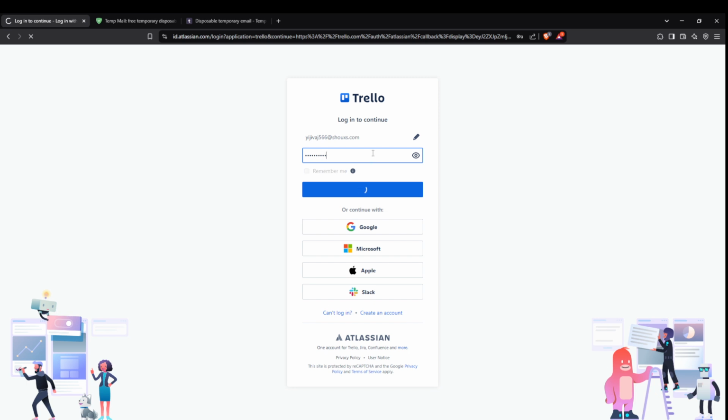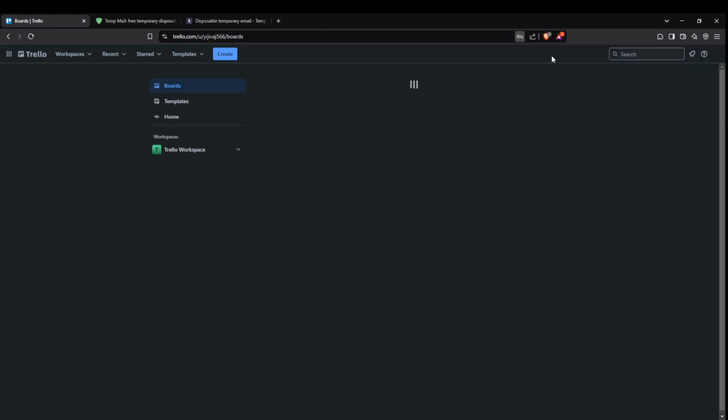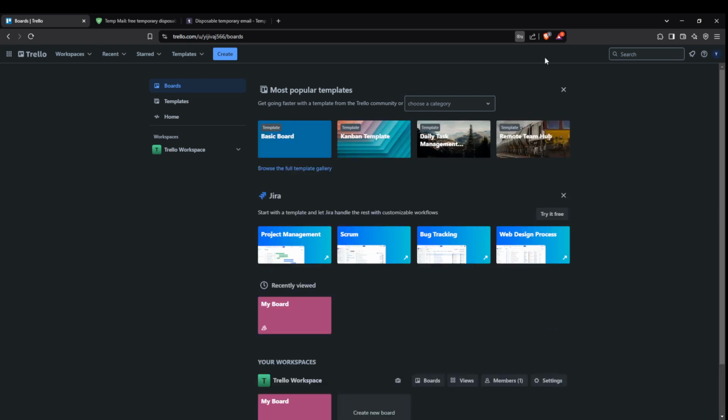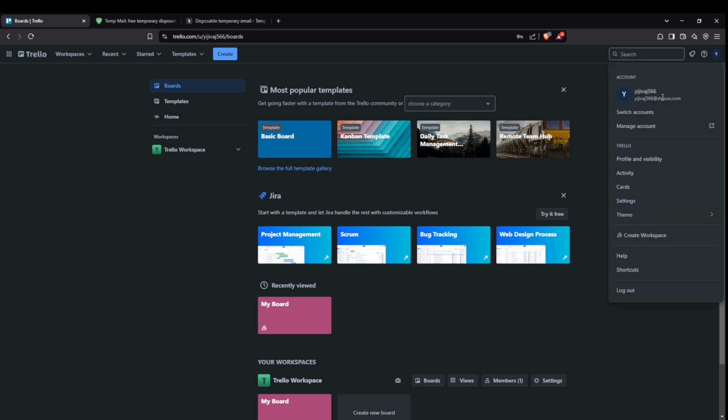Once logged in, look for your account icon. Again, this is located in the upper right corner and it represents your profile. Clicking on it will bring you a step closer to managing your account settings. In the next step, you'll see an option called Manage Account. Give that a click. This leads you into the settings area where most of your key account information is stored